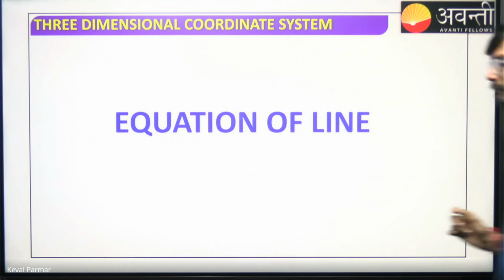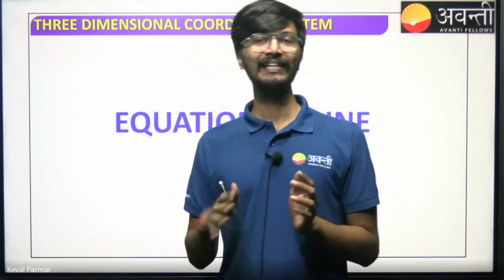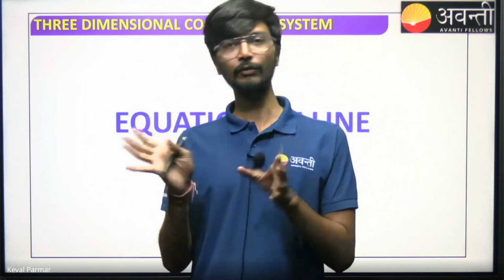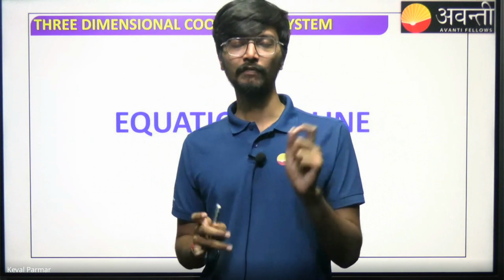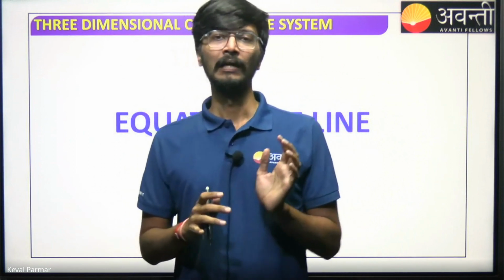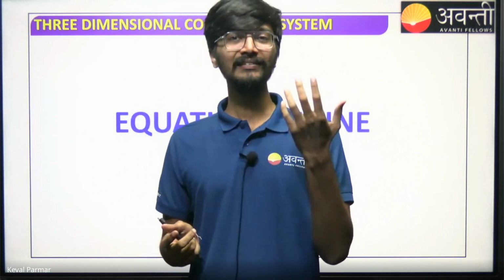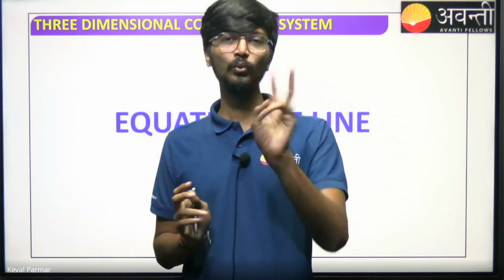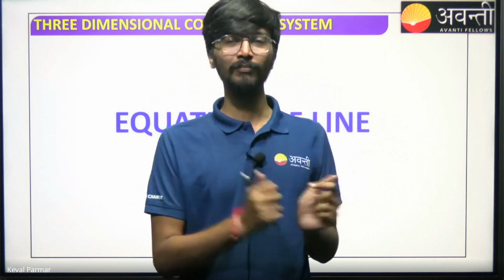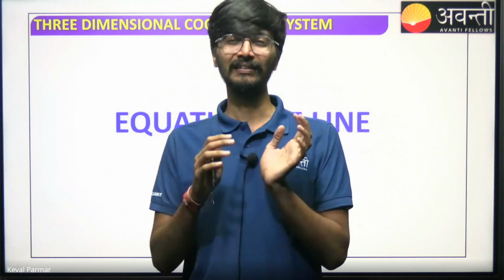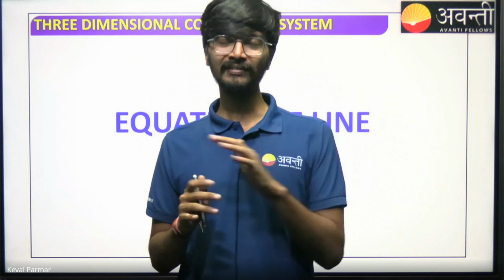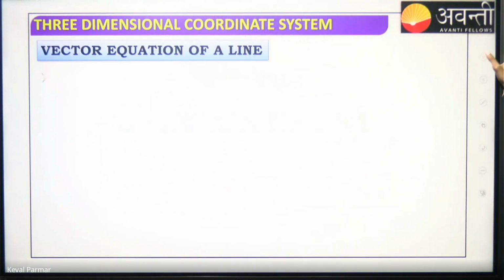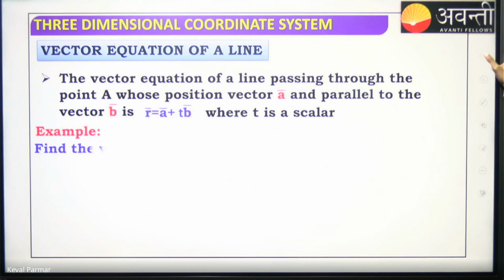Now we have equation of line and equation of plane. First, we'll do equation of line, then we'll do equation of plane. Since we are in 3 dimensions, both equation of line and equation of plane will be in two types. First type will be vector form, and second will be Cartesian form. So let's see how the vector form of equation of line looks like. The vector equation of line is given by